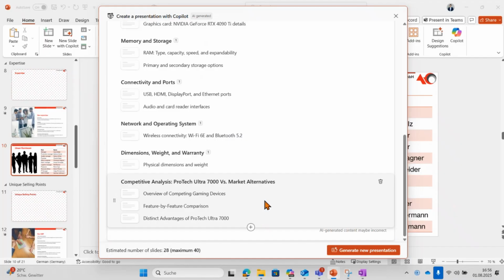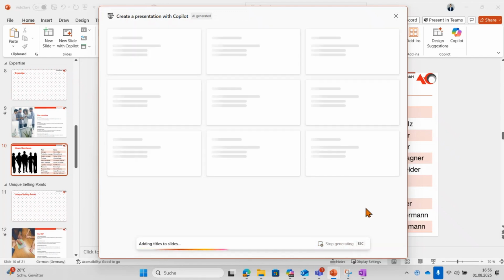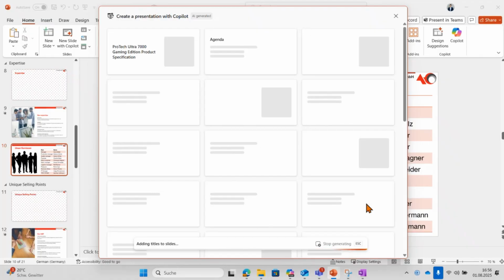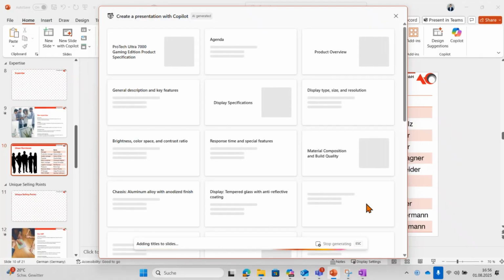Wonderful. So if everything seems satisfactory, I can tell it to generate a new presentation. And also pay attention to this estimated number of slides, 28, maximum of 40. What does that mean? That means that right now, Copilot is restricted to creating 40 slides with us in Narrative Builder at a time. So if we really need to create a presentation that maybe has 40 or 80 slides because there are that many topics that we want to combine based on multiple files, I would suggest to separate by theme, by topic or